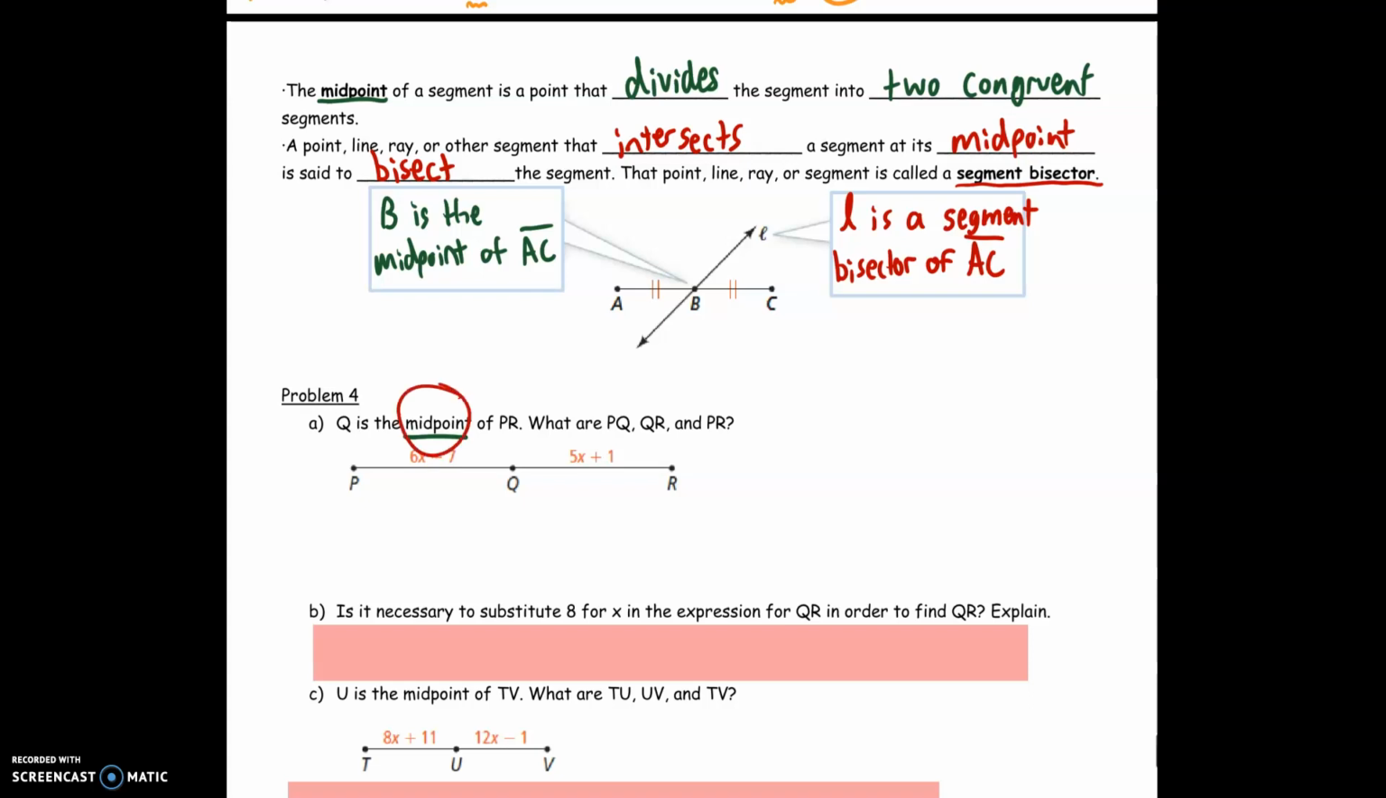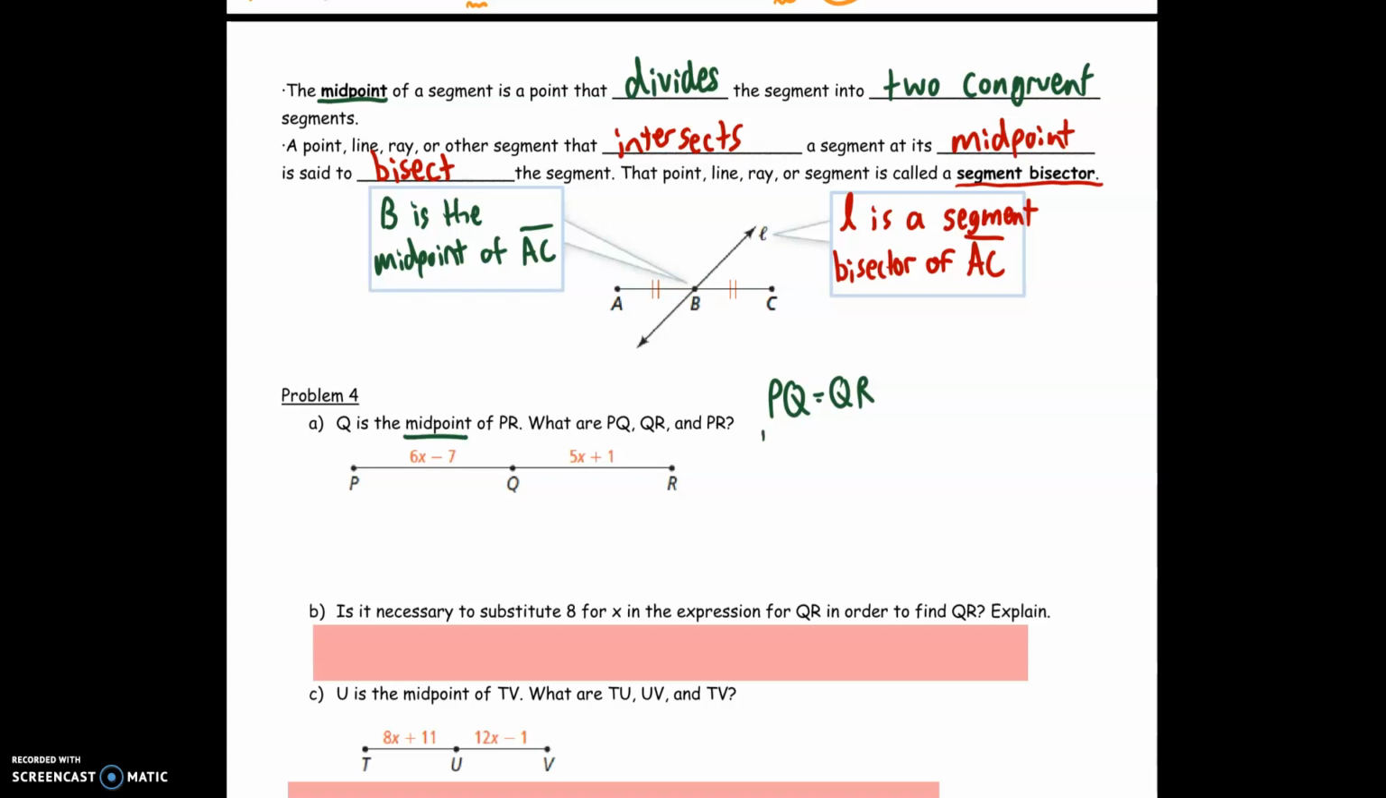This time, all we're told is that Q is the midpoint of PR. Notice, unlike that last question, we don't know the entire length of PR first, but just by knowing that that's a midpoint, that should be enough to start with. If I know it's a midpoint, geometrically, we can make this equation: PQ and QR should be equal. Again, that's going to be true because that was a midpoint,